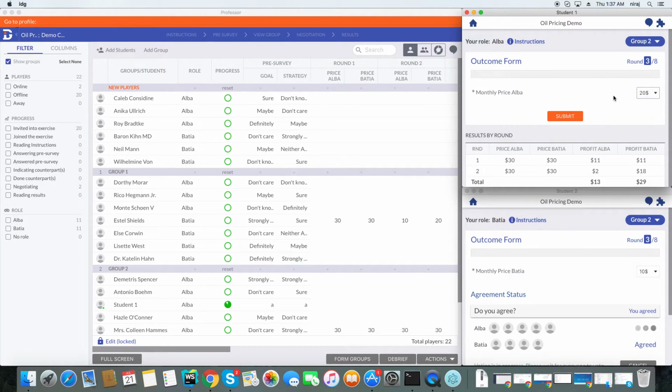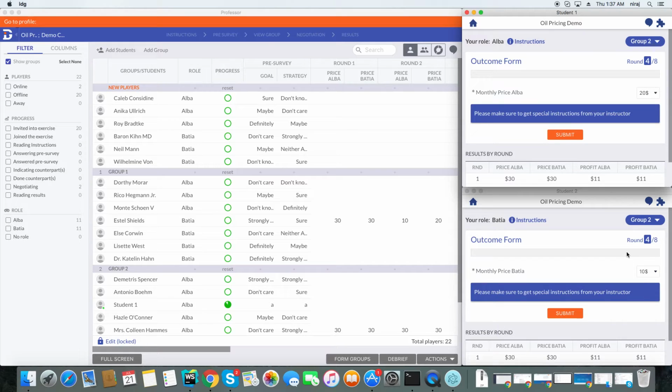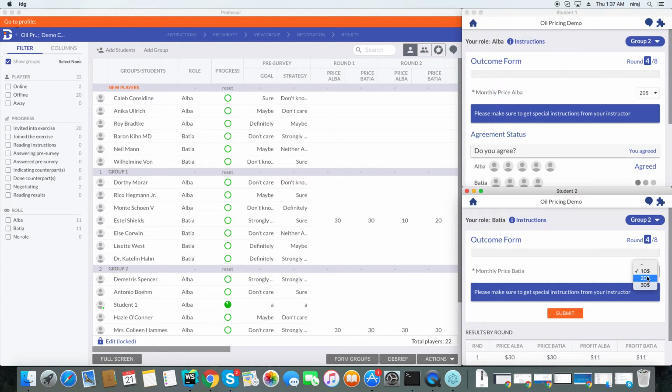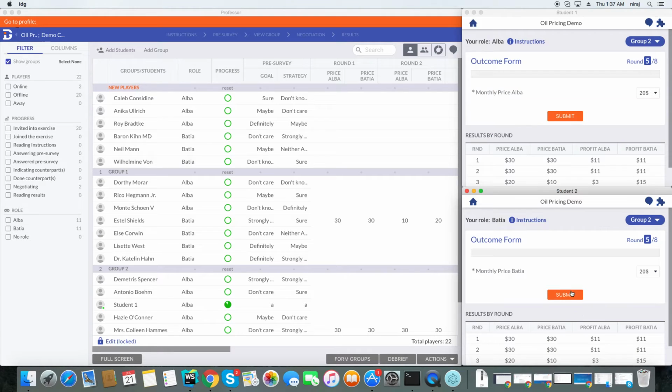Now they do the same thing for round 3, and then in round 4 they get a special message which says get special instructions from your instructor, at which point you can announce the special messages that are in the teaching notes. And they submit round 3 and they go on for